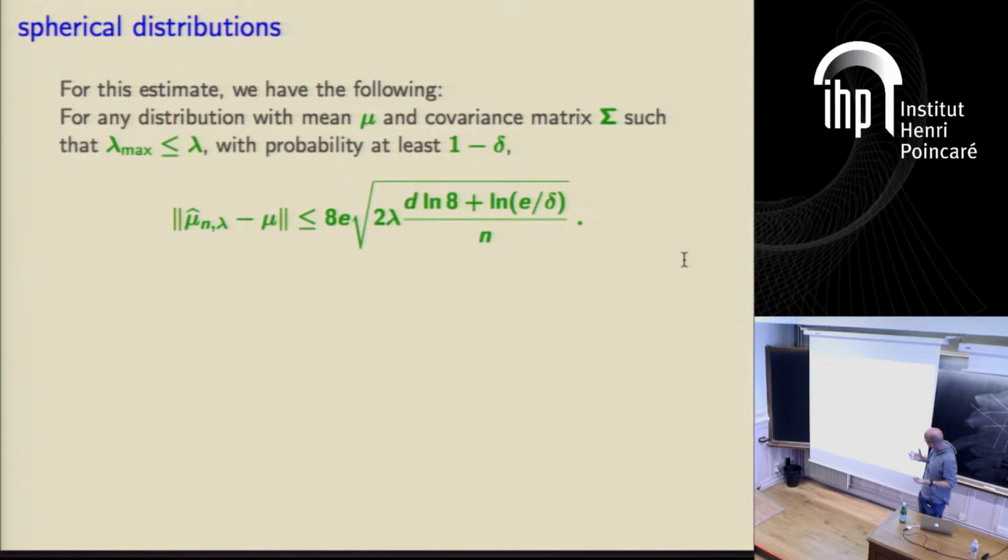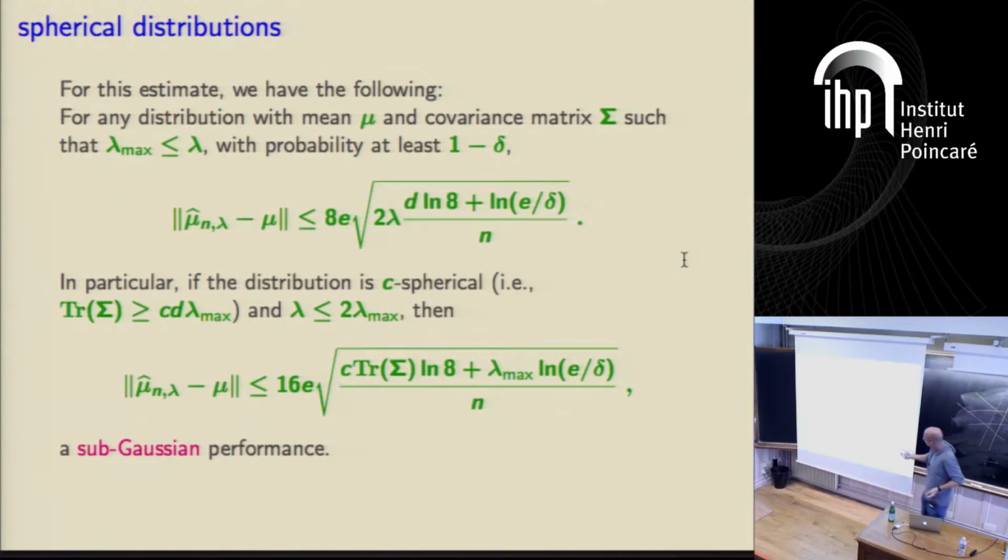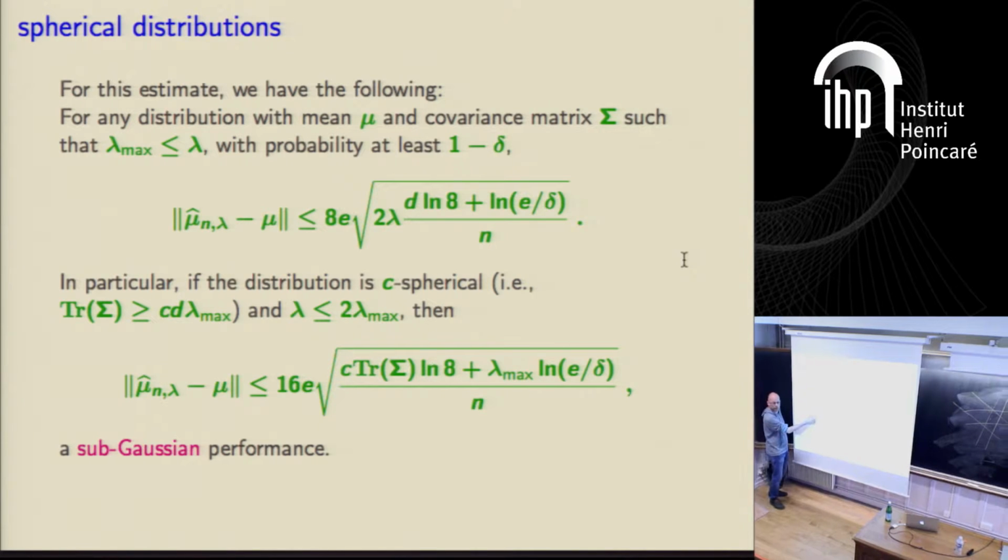So, good. Now, this is not lambda max. But if this is not much smaller than twice lambda max, then this is the right thing. Okay? And in particular, if the distribution is spherical, if the distribution is such that the trace of the covariance matrix is larger than some constant times d times this lambda max, then